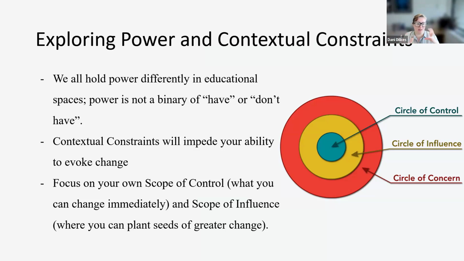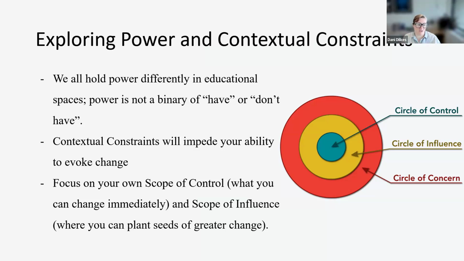But what we wanted to do is end a little bit on hope, where you might feel in some of these spaces you don't have the power to make the changes that you want to make. You might not be able to apply all of the universal design for learning principles or guidelines because of the power that you hold in a space, or because the institution or your department or your course or your physical and technological environments put limitations on what you can and can't do.